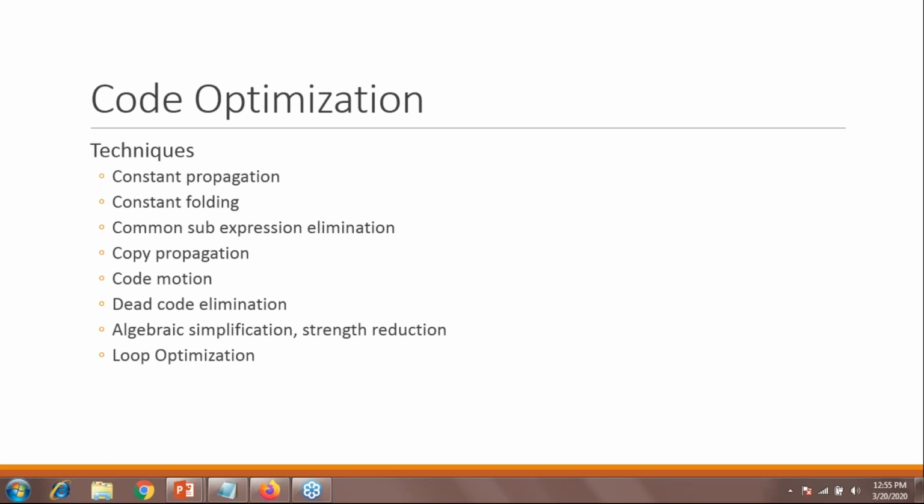So that memory can be reused by some other processes. Okay, Heli. Okay, let's move further with the code optimization techniques. I think does anyone have any doubt?